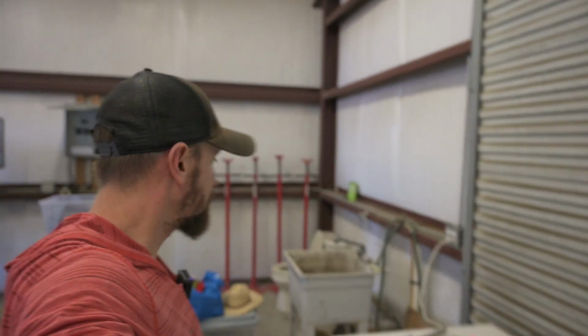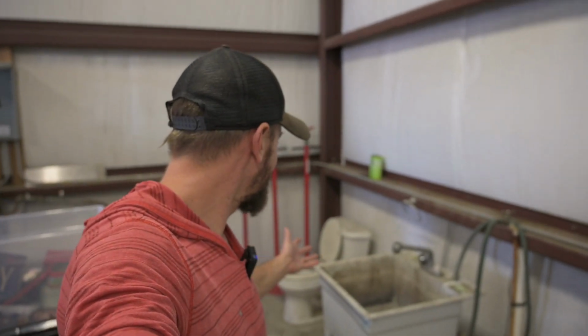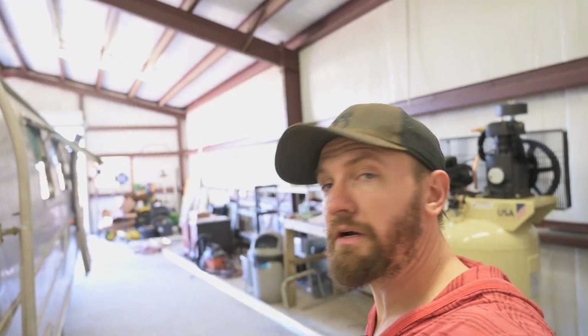And then back over here, we have the bathroom area, which has this incredibly disgusting toilet and equally disgusting sink. And moving along over here,